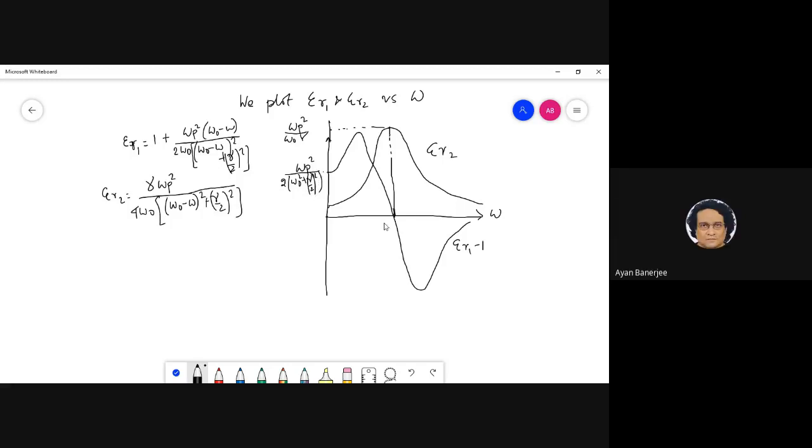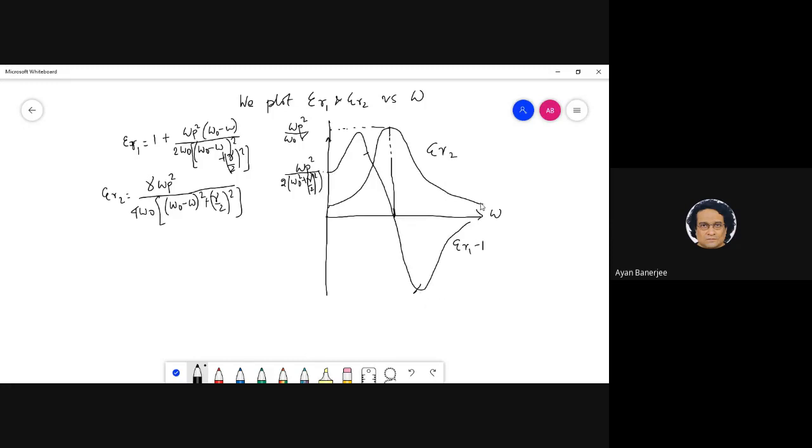Okay, this is not interesting. What is interesting, of course, is the very interesting part: this is how it behaves near resonance. This is really fascinating. So you can appreciate that this is epsilon R1, the real part, and this